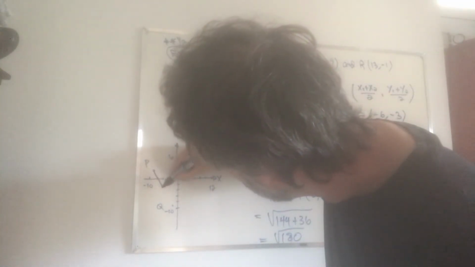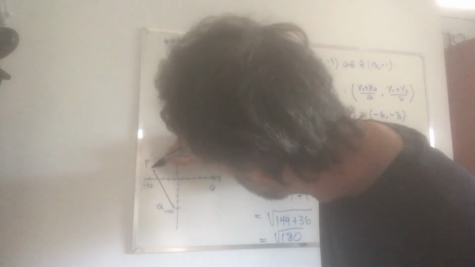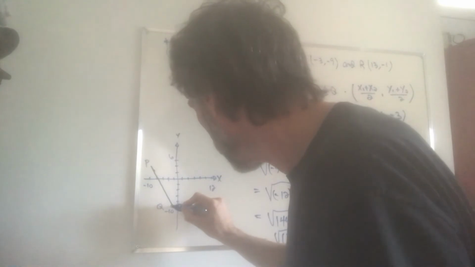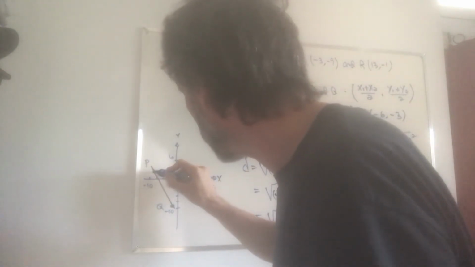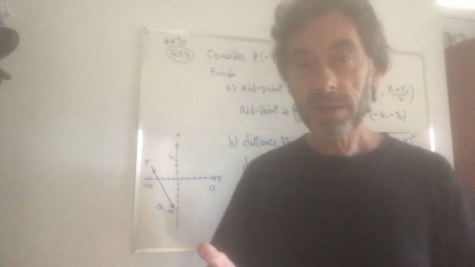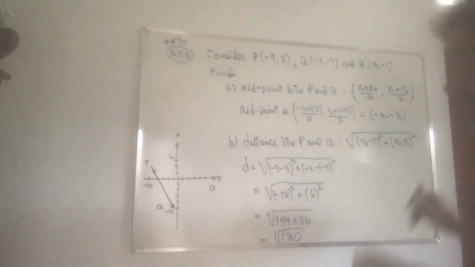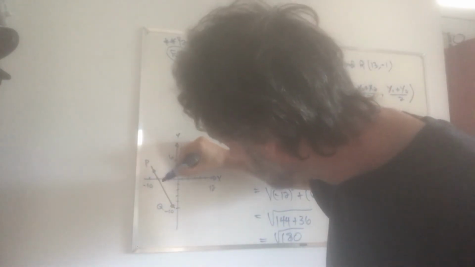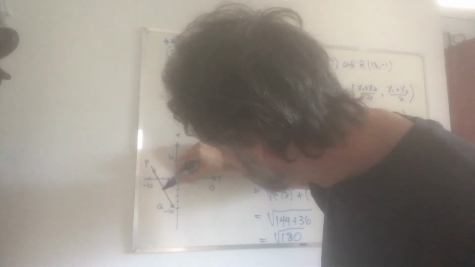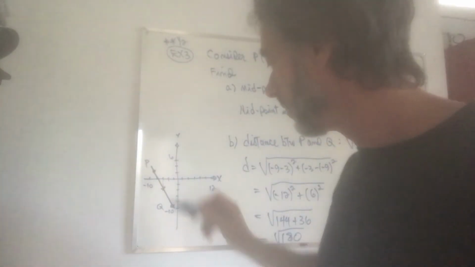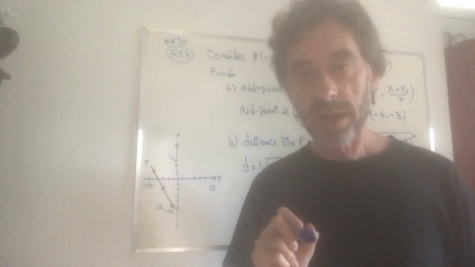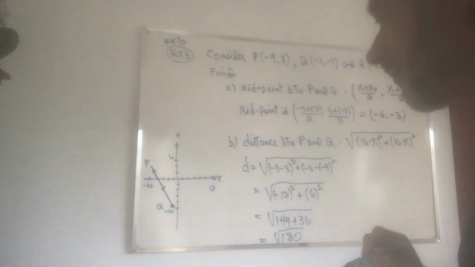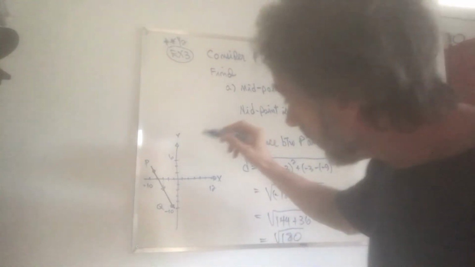That line would go through this point here and this point there. And what we have found is that the midpoint, minus 6, minus 3, would be here. That will be your midpoint. You see that it makes sense on this line, right? That it's the midpoint between the two. And also, we have found that this distance here